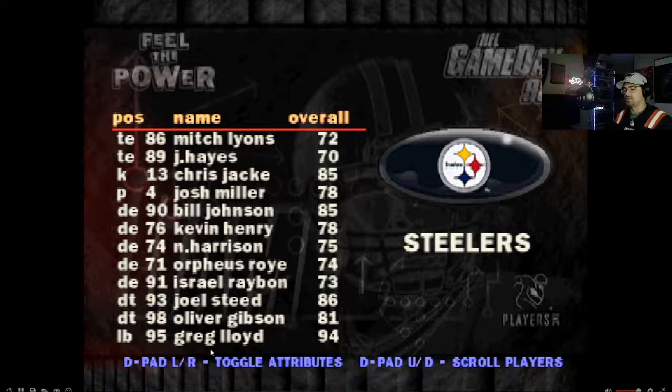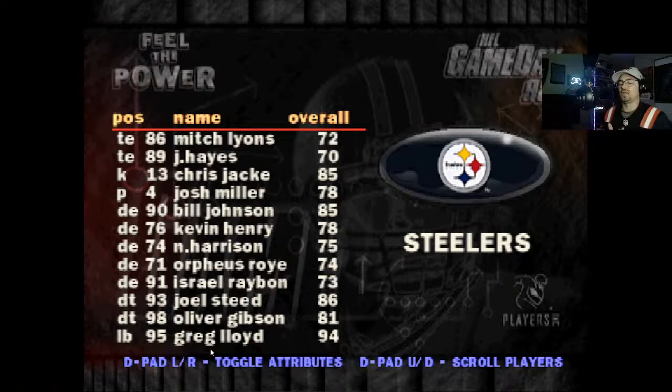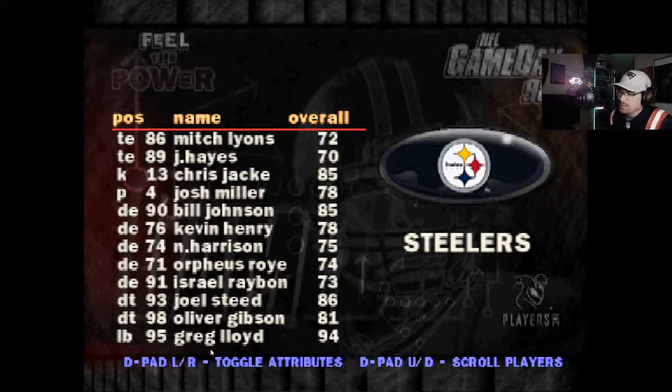Look at this. Greg Lloyd. This is interesting because I know that when this game came out, the Packers were the defending Super Bowl champions. The Super Bowl before that, the Cowboys were the defending champions. They played against the Steelers in the Super Bowl.